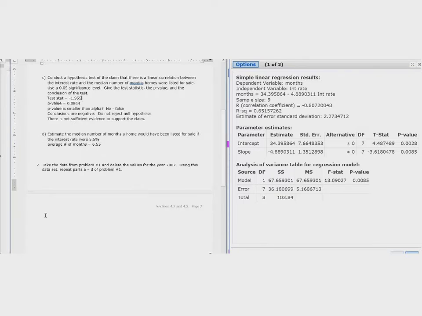Okay, so if we were just looking at the part C and D for this one, for part C, we could list our test statistic, which would be negative 3.62, our p-value, which would be 0.0085. So what that would mean is that our test conclusions